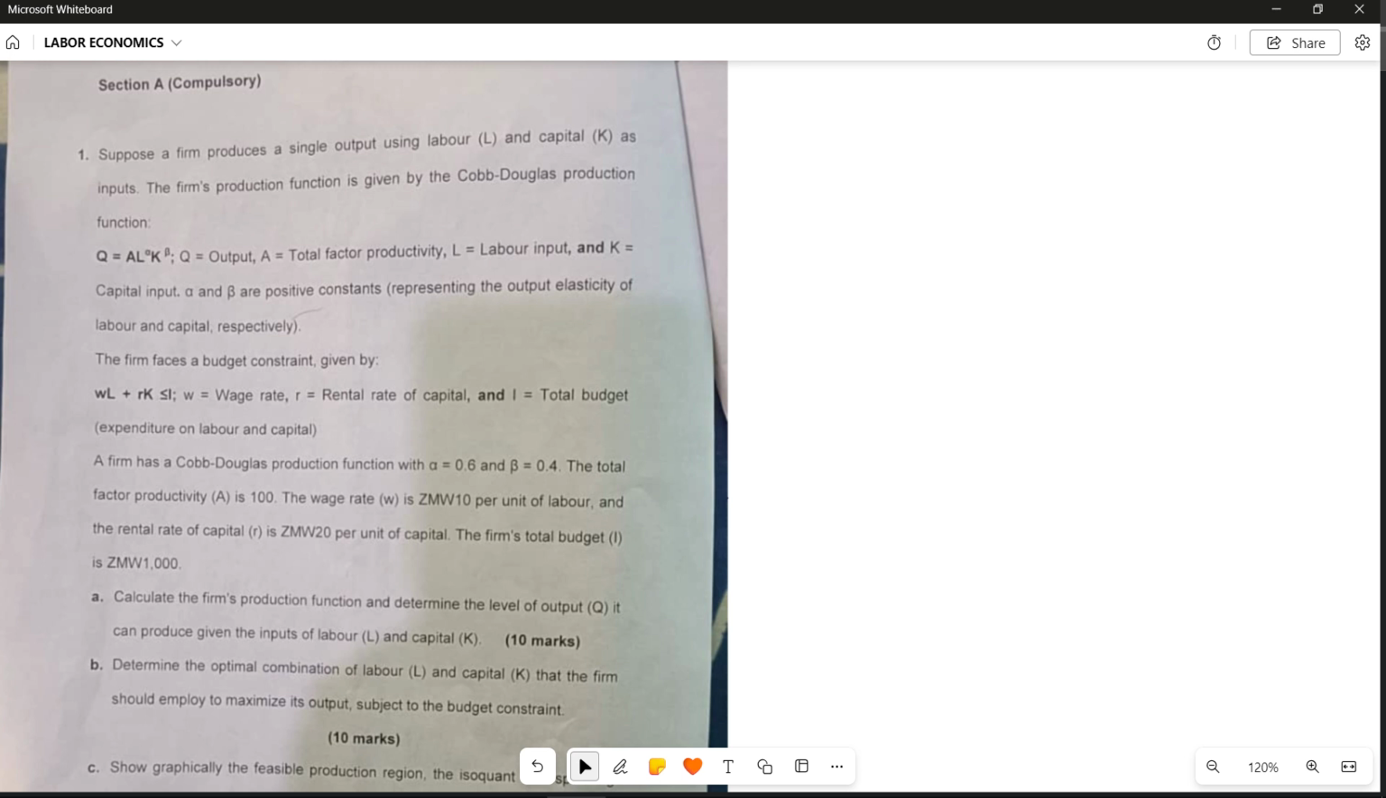This should be question one of the exam that our friends wrote. This one comes from the Cobb-Douglas production function. In short, it comes from optimization. There's a topic in economics called optimization, which just looks at how firms can maximize their profit, how consumers can minimize